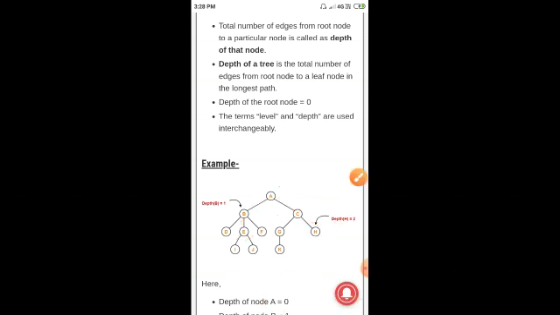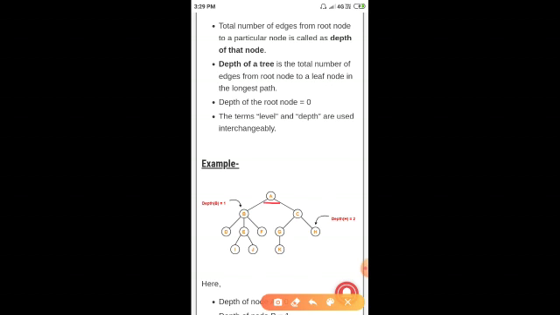Let's understand the first difference between depth and height. For height, we start from the leaf node. For depth, we calculate from the root node to that particular node. The height of a leaf node is 0, but the depth of the root node is 0.